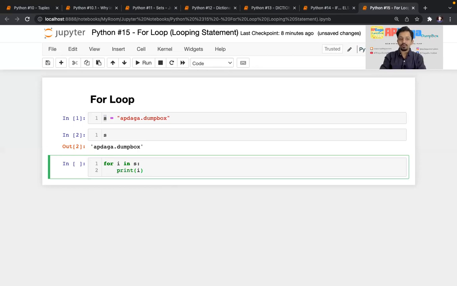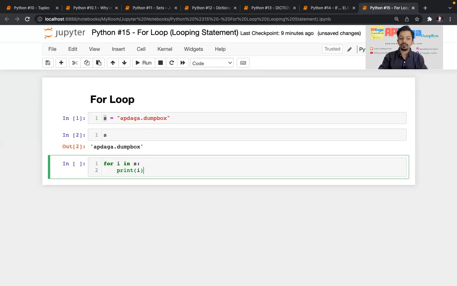So what is happening? i is a local variable, and s is a string. The first element of the string will be assigned to i, then I am going to print that. Once this is done, the second character from the string s will be assigned to i, then again I will print this. Again the third character will be assigned to i, then I will print that. And till when is it going to execute? Till the time this string ends. Automatically it will print all the elements one by one. Once the elements end, it will come out of this for loop.